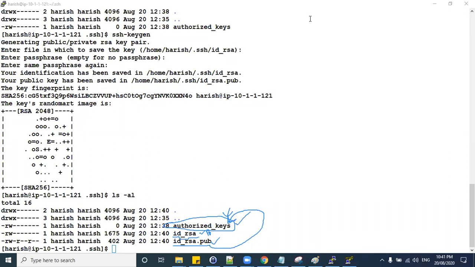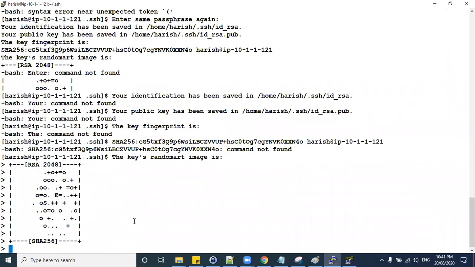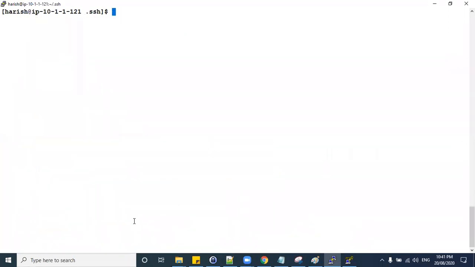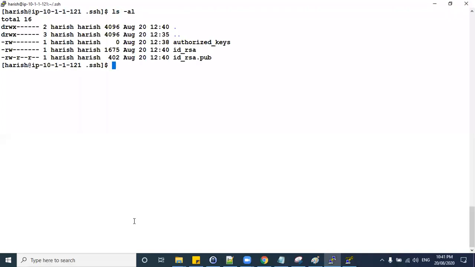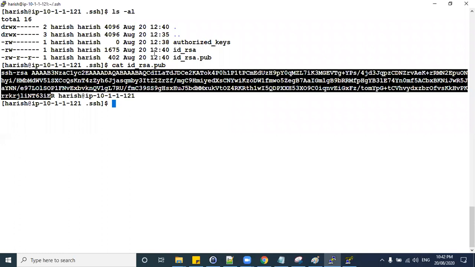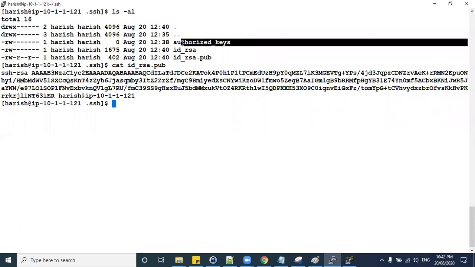Let us see what is inside the public key. Clear, then cat id_rsa.pub. So this is your public key. Now you need to copy this public key into your authorized keys.